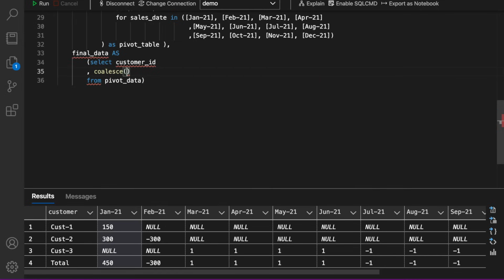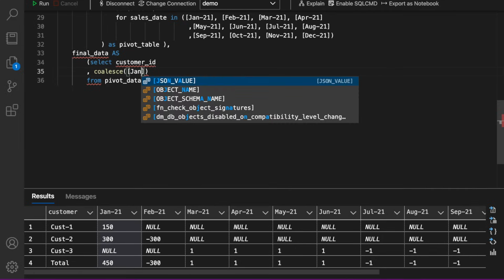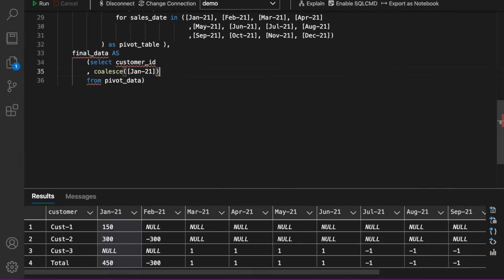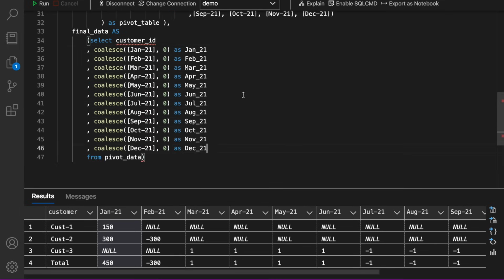Okay, and here I will tell this one, that is Jan-21, and I'll tell it if it is null, then return me 0, and this column I'm just going to name it Jan_21. So this is for my first column, Jan21, and I'll do the same for all the other 11 columns. I have already done that, and now I think